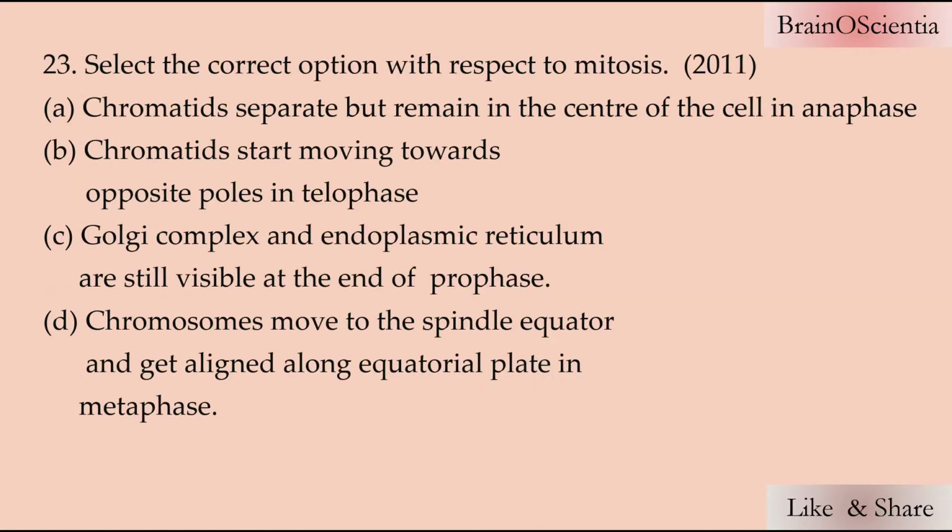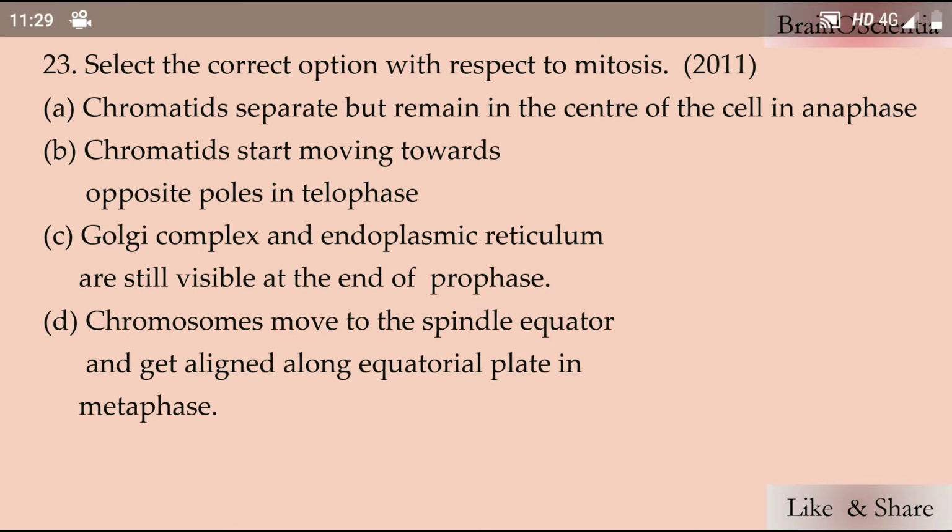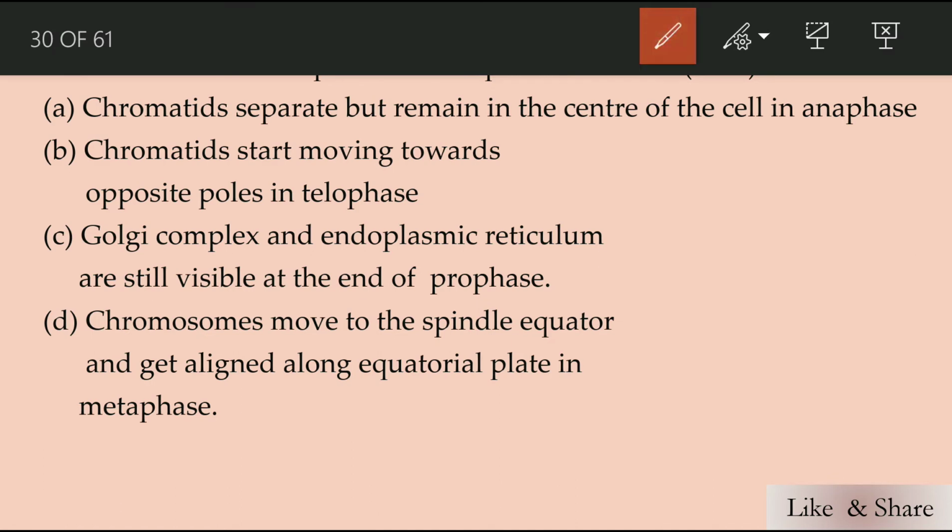Select the correct option with respect to mitosis. So here we need to find out the correct option related to mitosis. Chromatids separate but remain in the center of the cell in anaphase. Chromatid starts moving to the opposite pole in the telophase. Golgi and endoplasmic reticulum are still visible at the end of the prophase. Chromosomes move to the spindle equator and get aligned at the equatorial plane. The answer is,